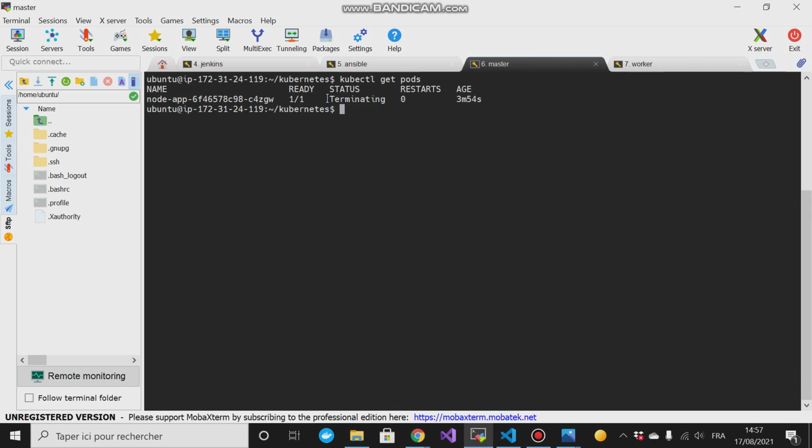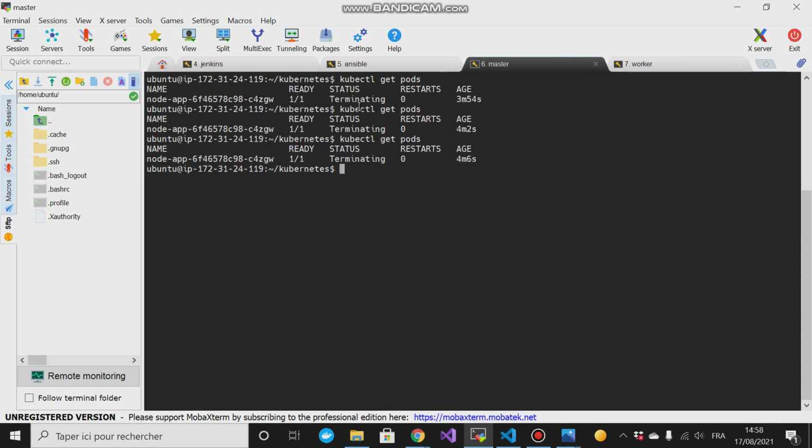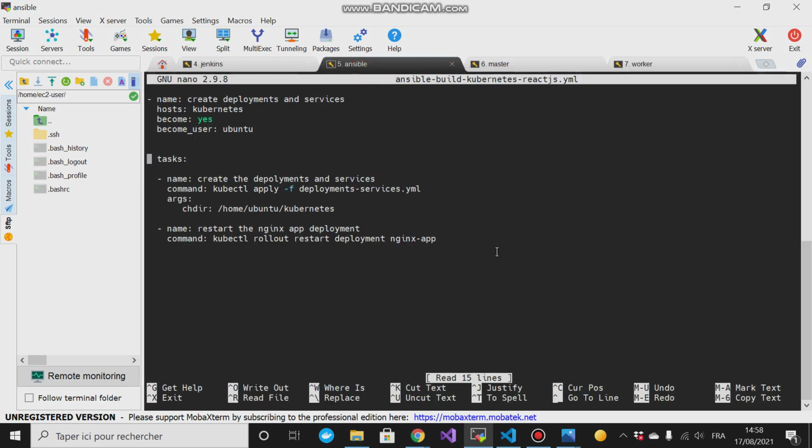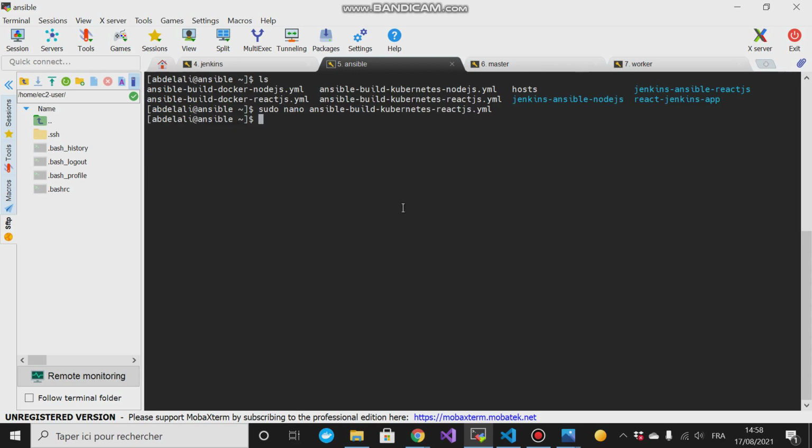So this, it is terminating. So we have to wait a little bit. If we try to rerun the command, it's still terminating. Yes, as you can see, no resource found in default namespace, because we have deleted all the services and all the deployment, and within the deployment there is pod, so there is no pod because I have deleted all the deployment. So if I go here to Ansible and check if everything's work nice here,